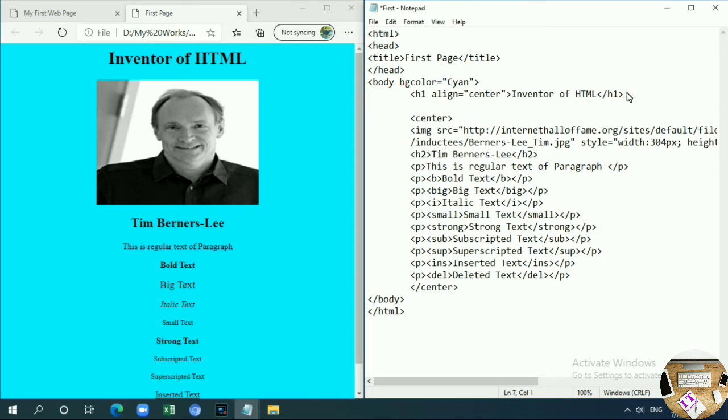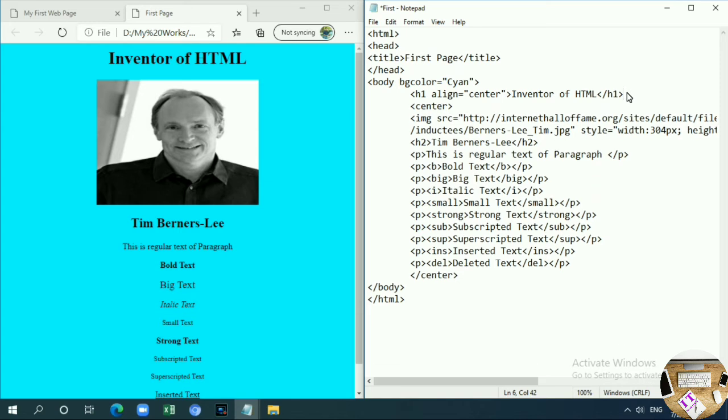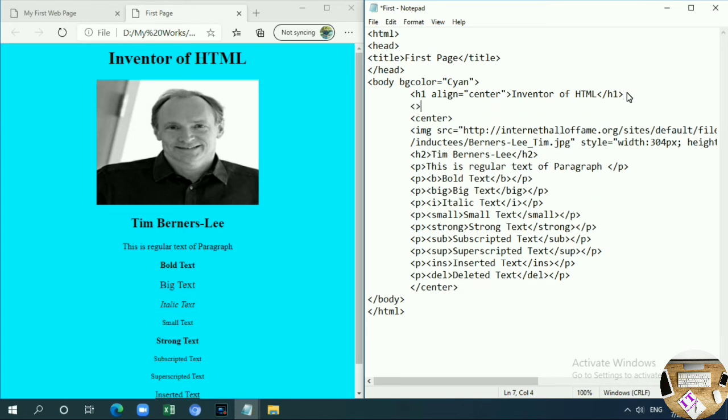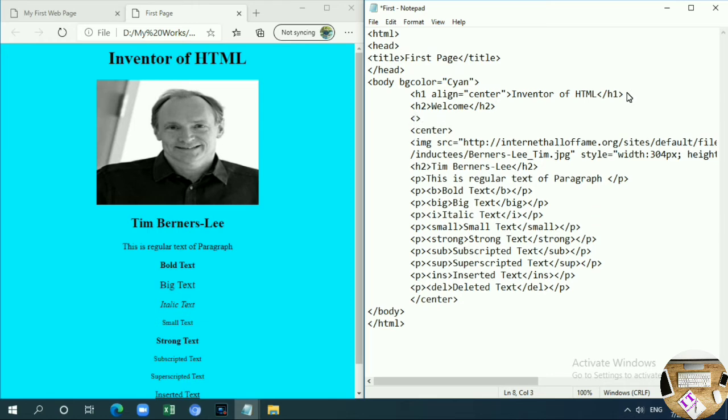After H1, I am giving H2. Now you will understand what will happen. I typed welcome. So let's change it to the new welcome. Whatever tags we open, we want to close the tags also. Then I'll show you the sizes of H1, H2, H3, etc. H3.